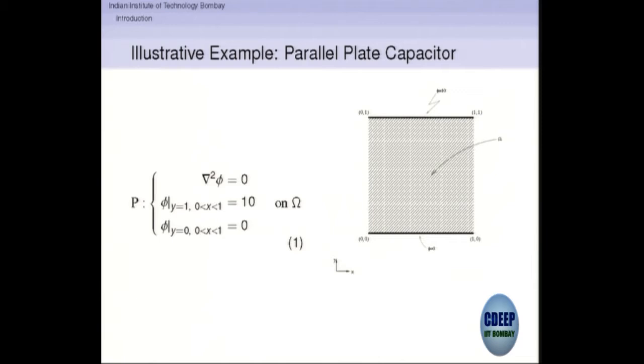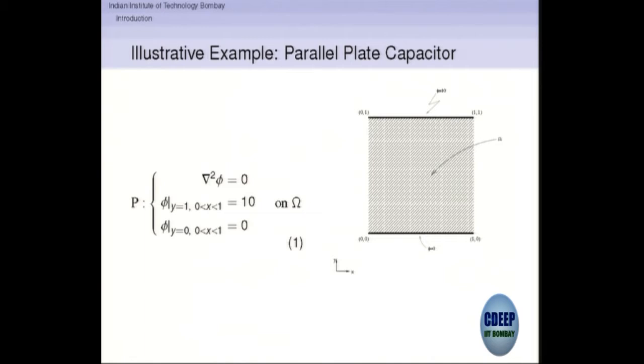Now here we have a parallel plate capacitor, again a very trivial problem, is it not? Because there is no fringing. So actually this is a one dimensional problem, because E is V by d and the electric field intensity is constant everywhere. But I have taken this trivial problem just to explain the finite element method. So it is best to get FEM understood through this so called trivial example.